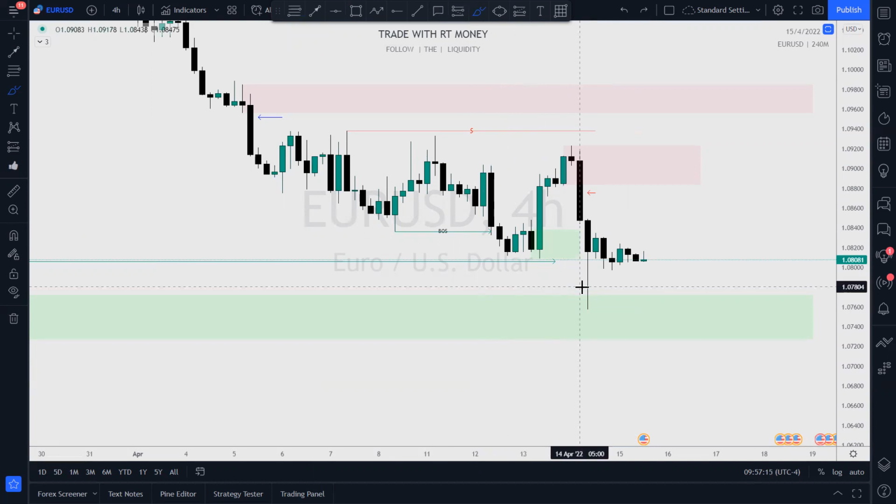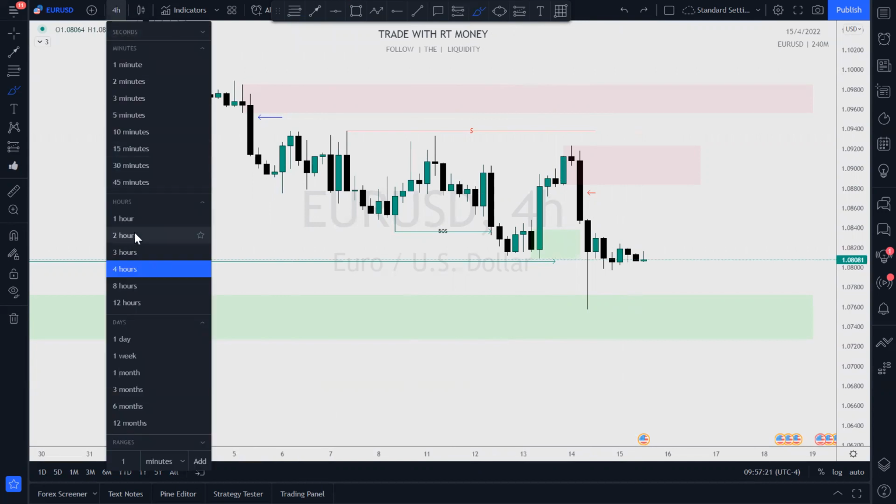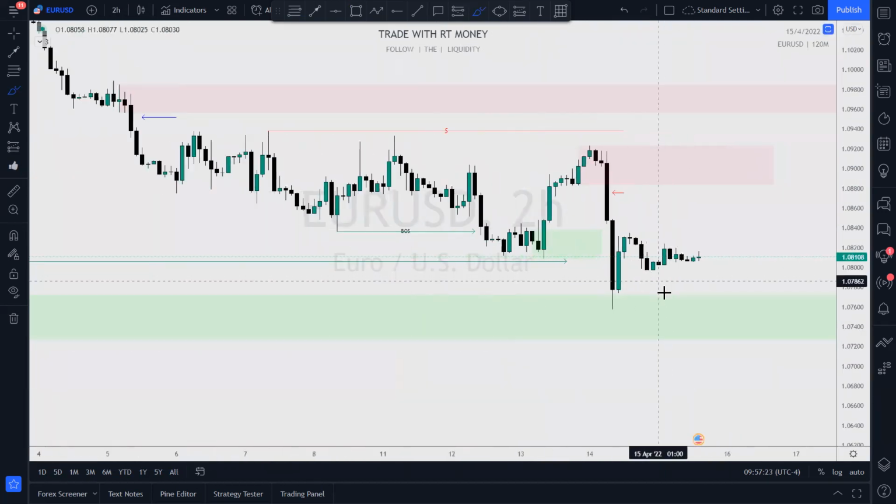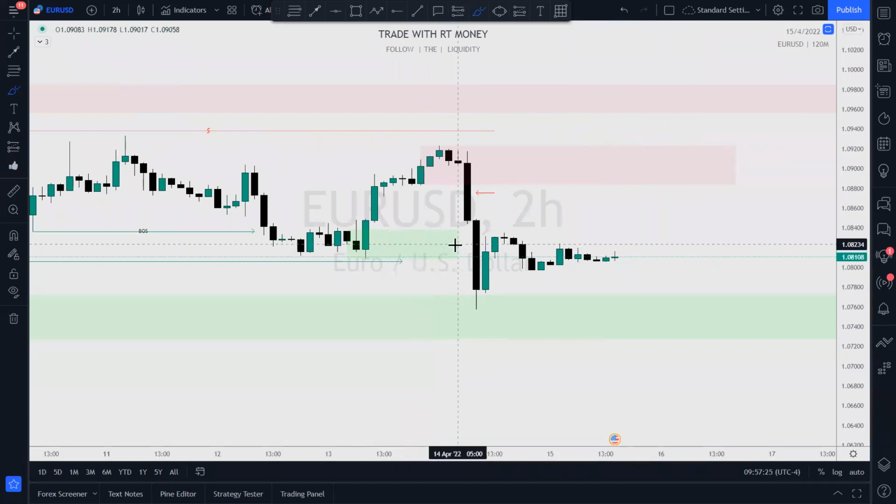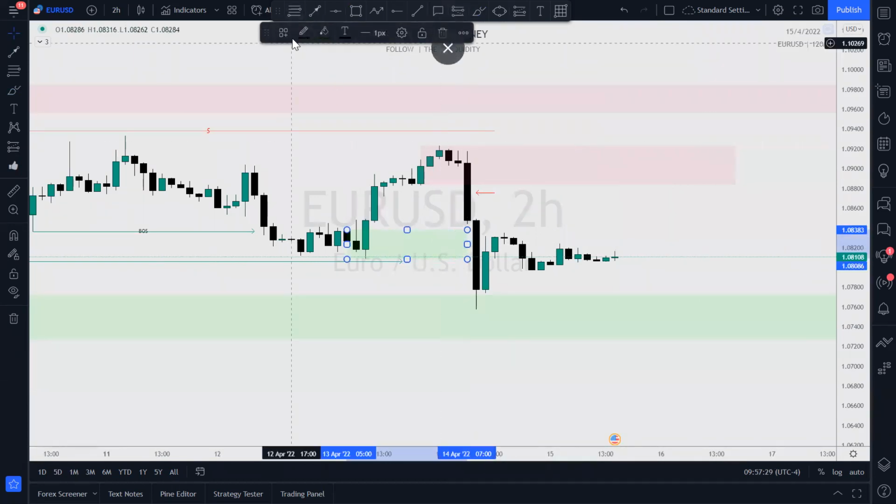That's what matters. Okay, now what does that mean? We got to go down and take a look on a lower time frame to see what happened here. Price flipped. And you know, I love my flip zones, right? Flip from supply to demand, from demand to supply. All right. Price flipped here, broke this